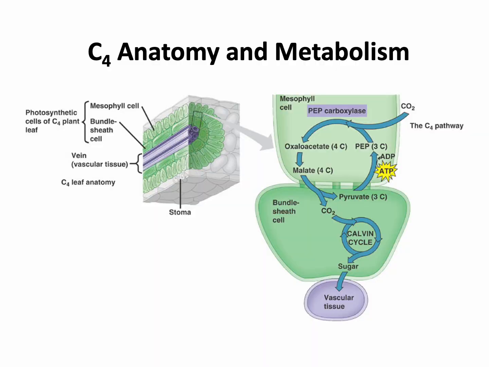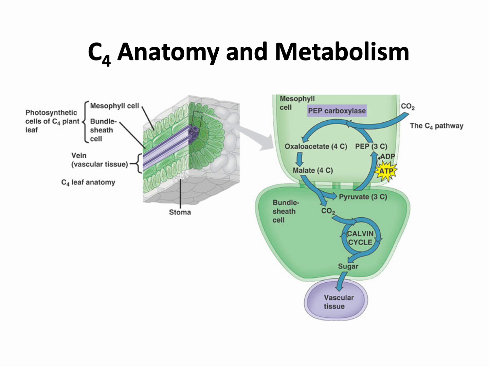So how does this look? Well, this is what it looks like. You have your mesophyll cells, which are closer to the stomata. You can see in this diagram the CO2 coming in through the stomata. The first type of cells it's going to interact with are those mesophyll cells. PEP carboxylase is quickly going to take it and turn it into a 4-carbon oxaloacetate, oxalic acid type thing, right? It doesn't matter what it is. But it's all happening in the mesophyll cells.